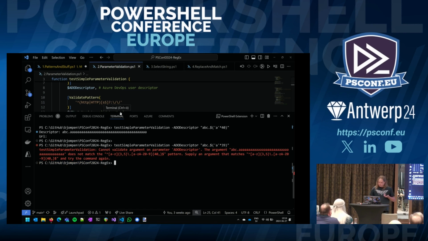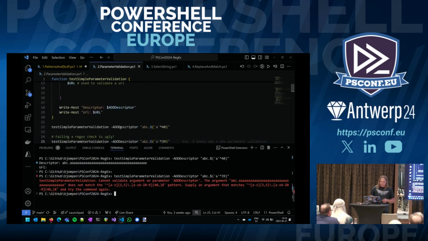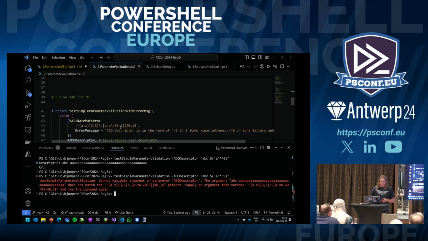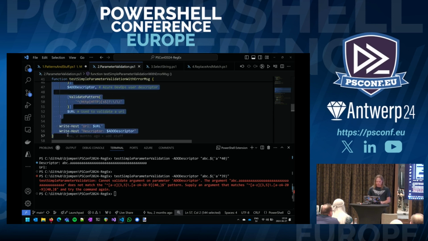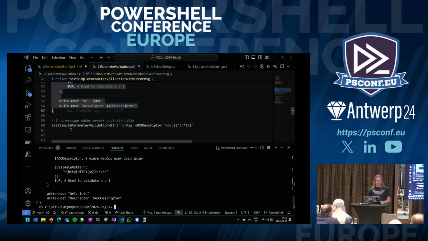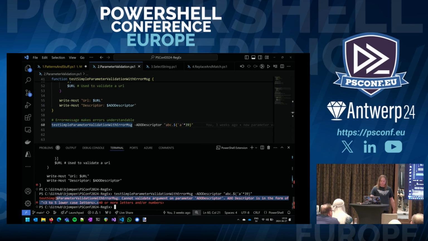So the first thing we need to remember when we do this, I don't know when this was implemented, but it's quite a long time ago, is that in all our validation attributes, we have an error message that we can use. And by simply adding this, we change the output of the regex error message to not show the regex and say, hey, this is what we're looking for.